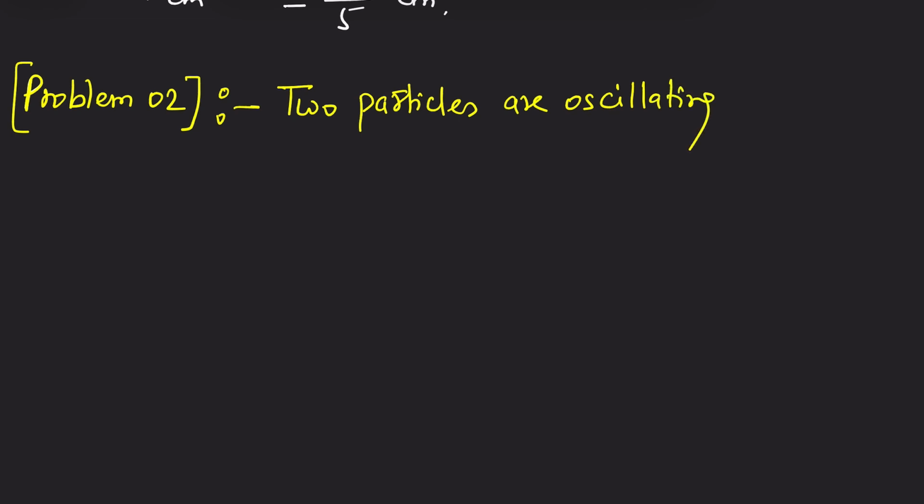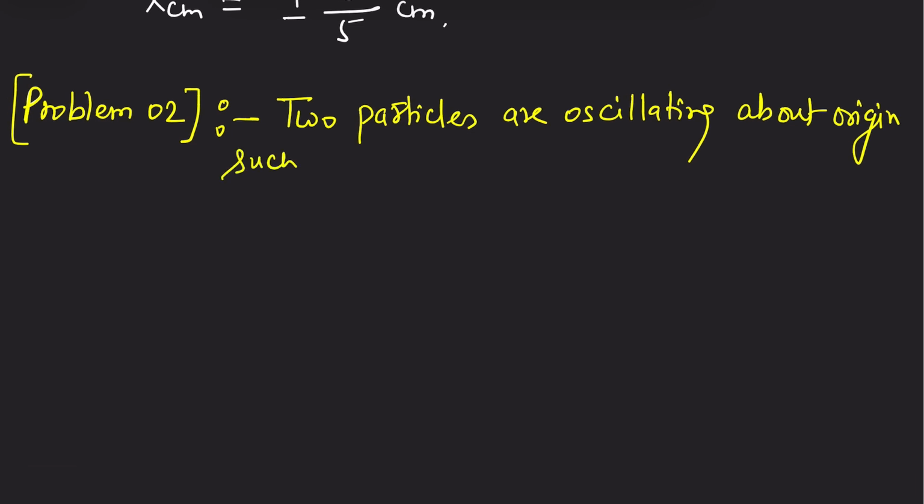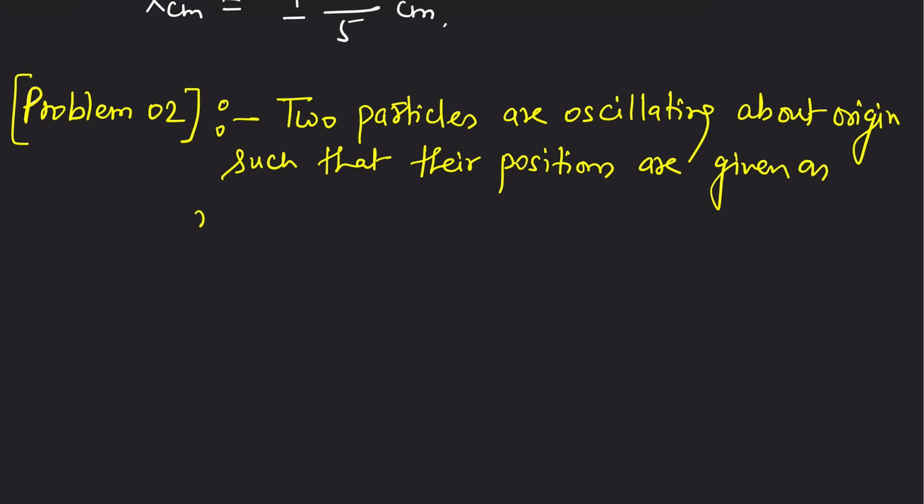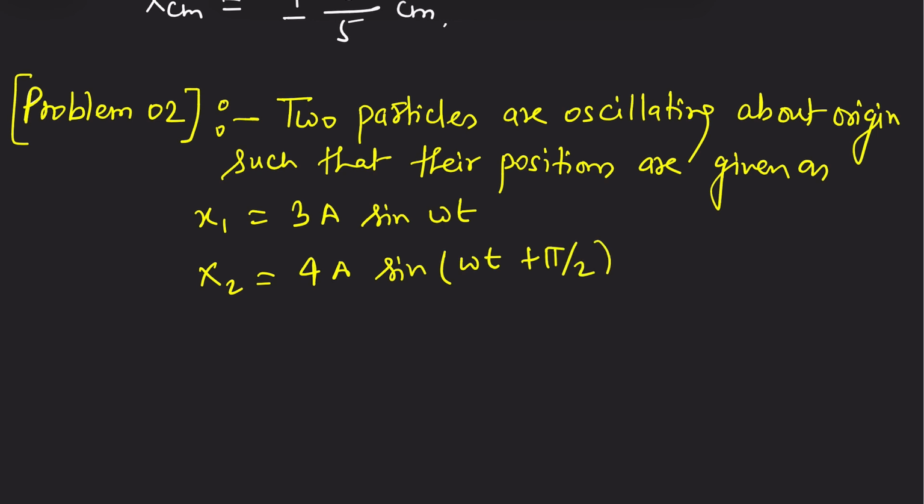Two particles are oscillating about the origin such that their positions are given as x1 is equal to 3a sine omega t, and x2 is equal to 4a sine omega t plus pi by 2. Now what they are saying,